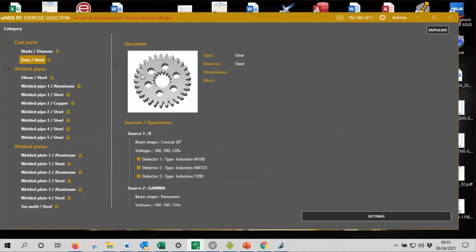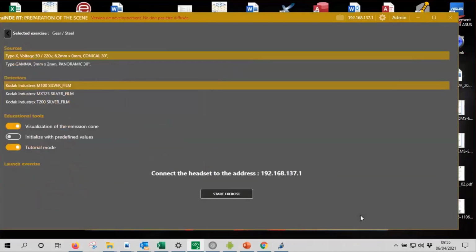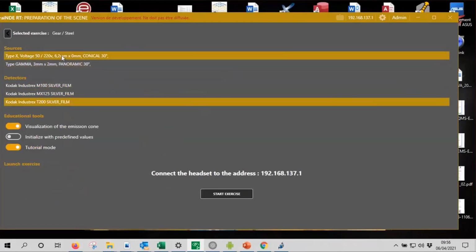If I select this one, settings, again I can select different types of film, and you have here the possibility for such a component to select X-ray or gamma sources. So I can go for my X-ray source.